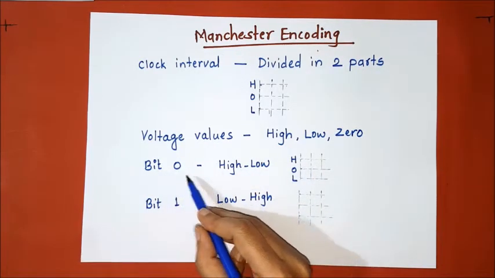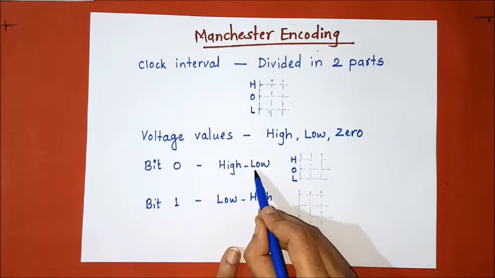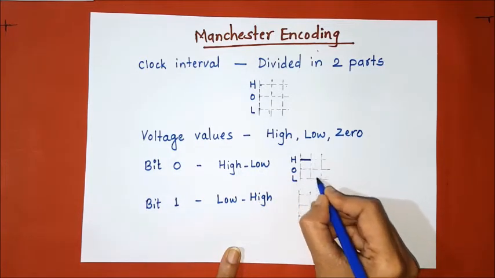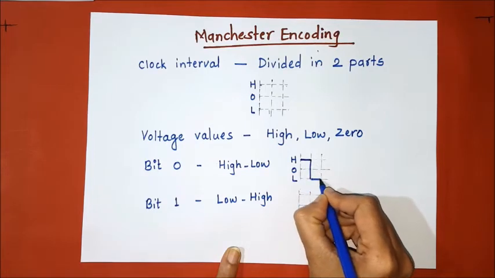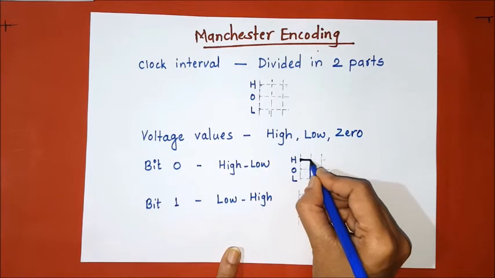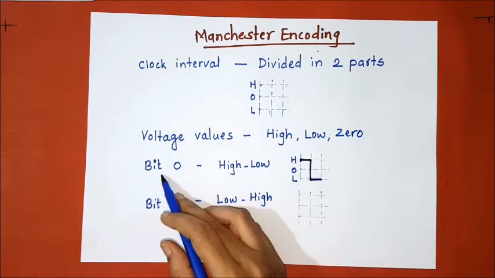To represent bit 0, the first half of the clock interval is high and the second is low. So high and then low. So in this particular clock interval, the first half is high and the next is low to represent bit